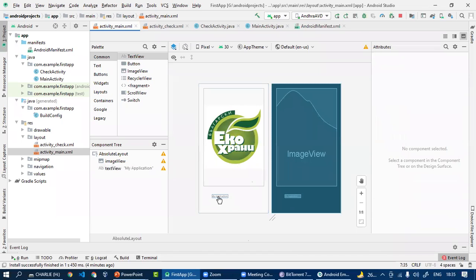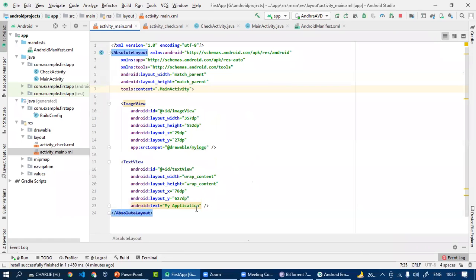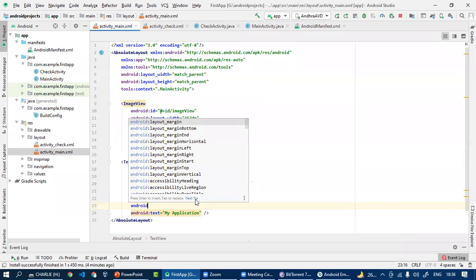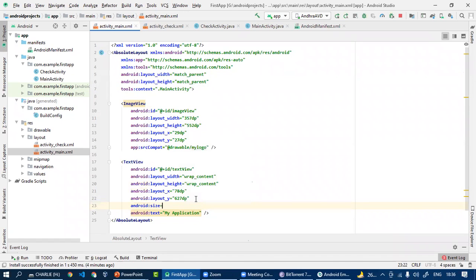My application. You can code it as Android text size equal to 24 SP.